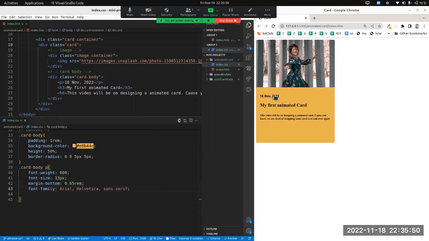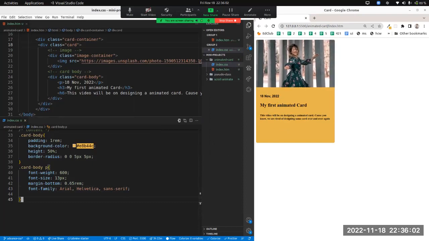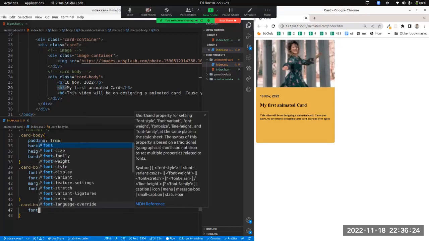And what I need to do is, let's leave it. Let's design the heading. So you just need to give the selector. This is the H3. So here I write H3, and first of all, what I want is, let's give some